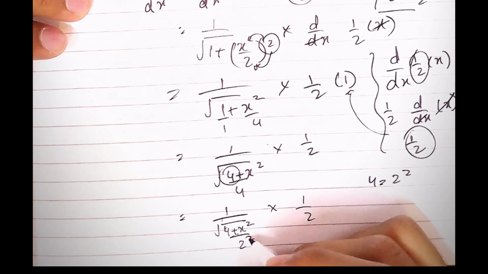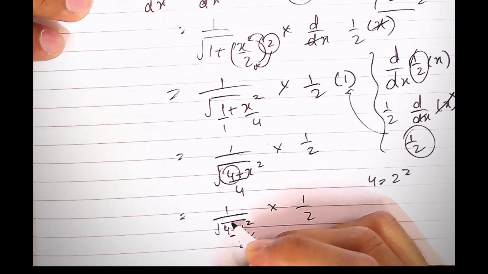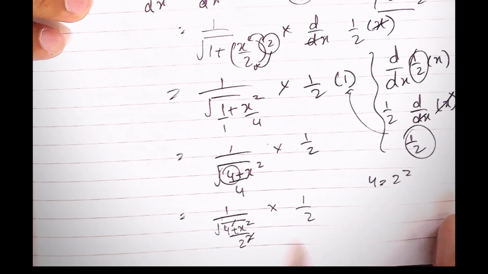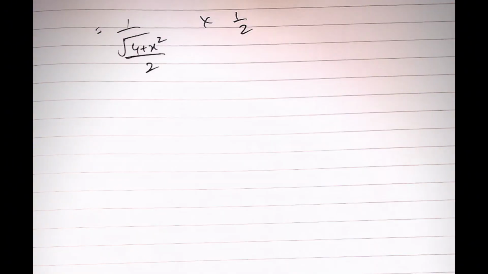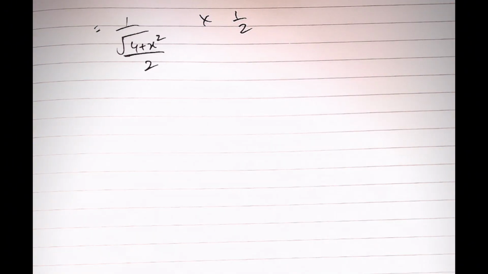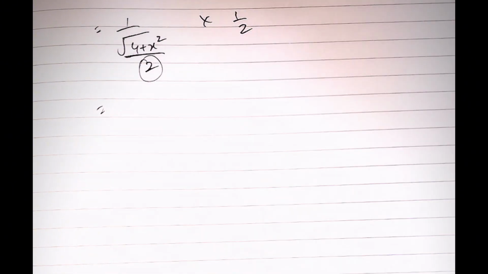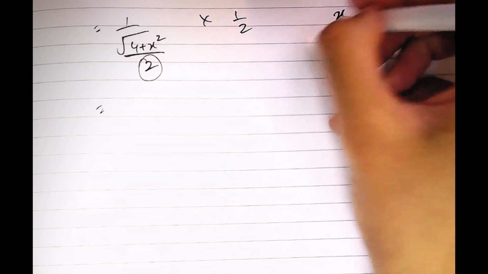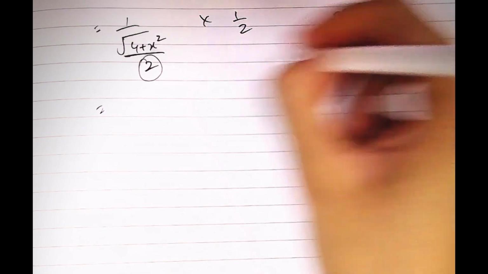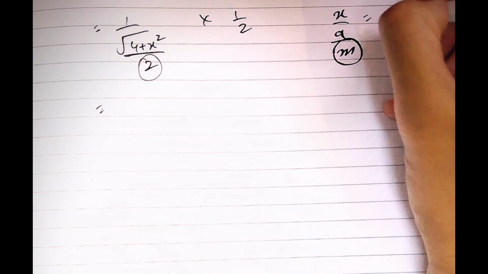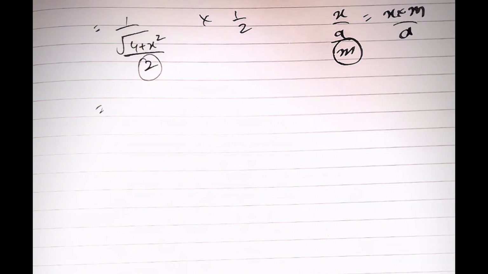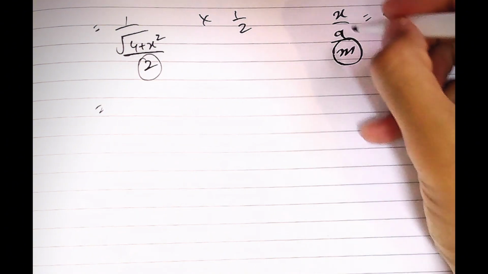You can see that this square can be cancelled by this square root right over here, so the denominator will just come out. So we are left with 1 divided by square root of 4 plus x square divided by 2. The square root was just removed from the 2 in the denominator. Now the 2 is actually a denominator of the denominator. It is something like x divided by a divided by m. This m is 2, so we can write x multiplied by m divided by a. The denominator of the denominator